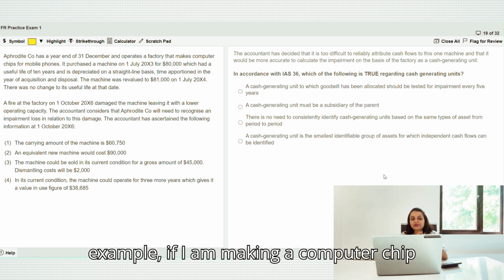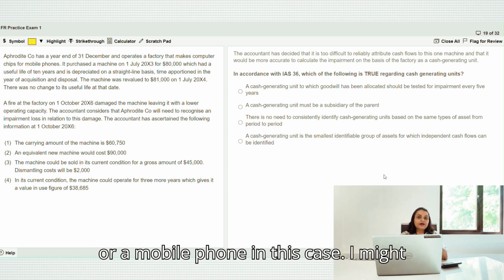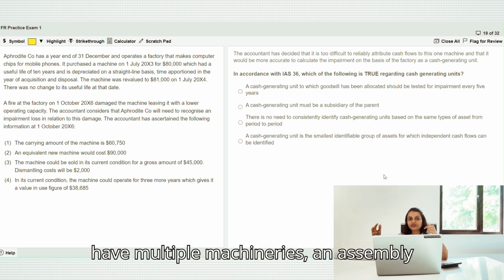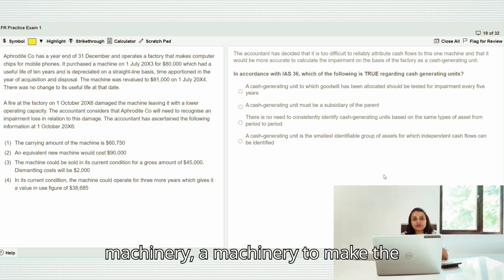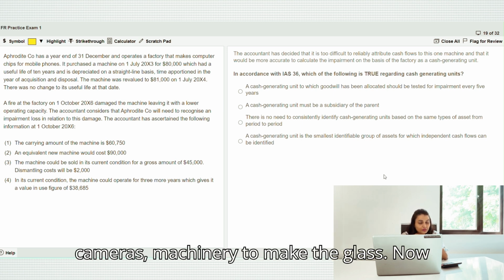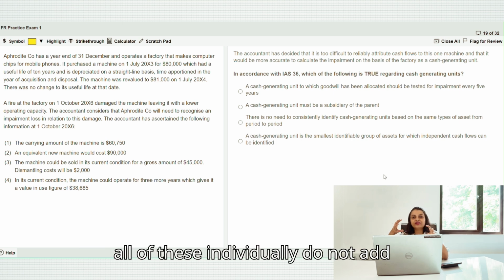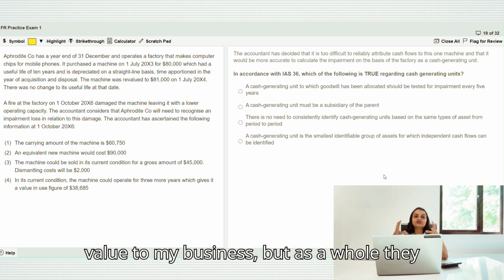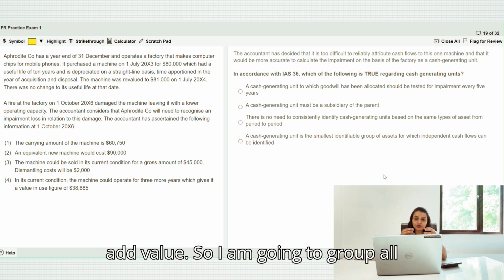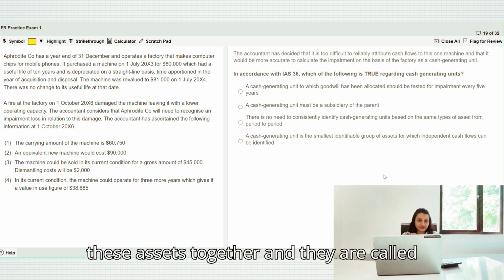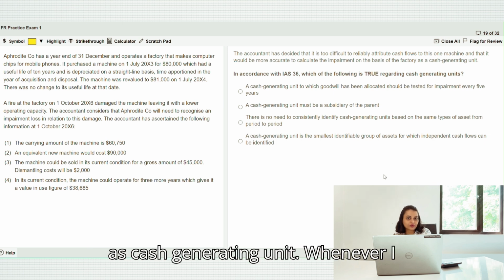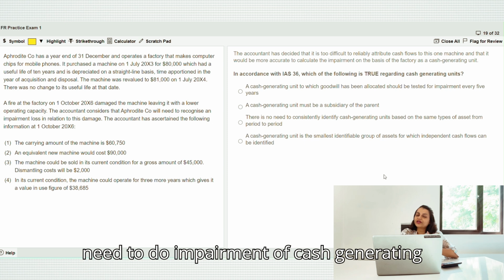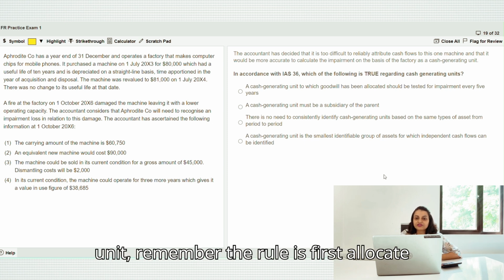For a simple example, if I'm making a computer chip or a mobile phone in this case, I might have multiple machineries, an assembly machinery, a machinery to make the cameras, machinery to make the glass. Now, all of these individually do not add value to my business, but as a whole, they add value. So, I'm going to group all these assets together and they are called a cash generating unit. Whenever I need to do impairment of cash generating unit,